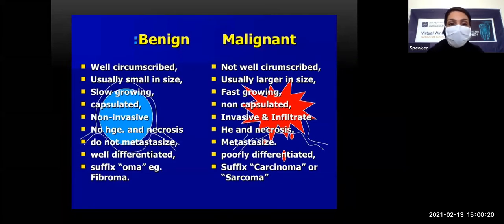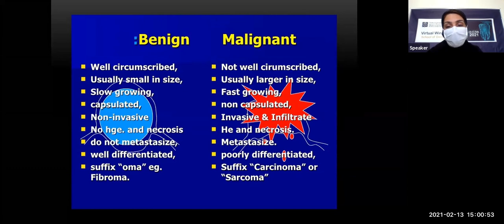Generally, some clinical features belong to benign lesions, and some belong to malignant lesions. Benign lesions usually are well circumscribed, small in size, slow-growing, encapsulated, and usually non-invasive. There is no hemorrhage or necrosis in benign lesions, and benign lesions, as you know, do not